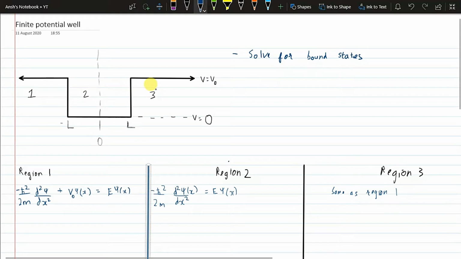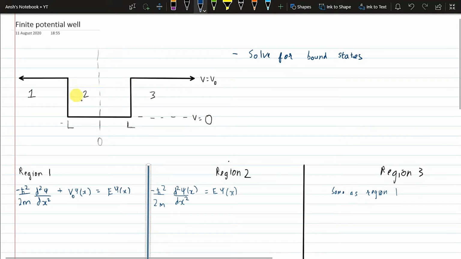Now to start with the finite potential well, we are going to be solving for bound states. So this is our finite potential well right here. There's a well region where we have zero potential, and then there are these walls all around that have a potential of V equals V naught. Intuitively we can think of bound states as only existing in this region of zero potential. You can think of a classical analogy as a ball trapped inside a well, such that the only way the ball will be bound is if it's inside the well. If it's outside the well, the ball is free to move anywhere. However, if it's inside, it's bound.